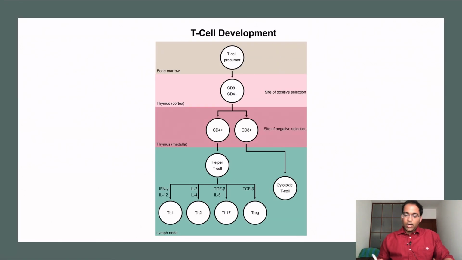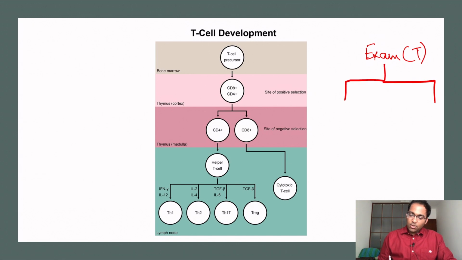Now this is a beautiful cartoon here that explains the T cell development and differentiation, basically more of differentiation, right? Now let's imagine that the thymus is an exam center. So let me write exam center here, and thymus is the exam center. Now the thymus has two regions. It has a cortex and it has a medulla,